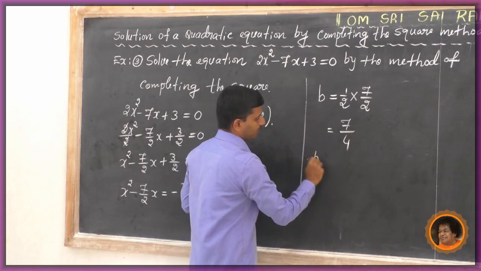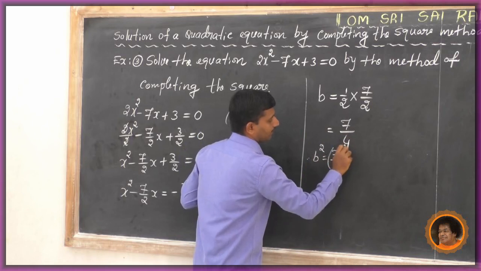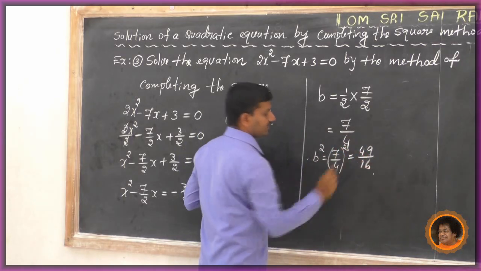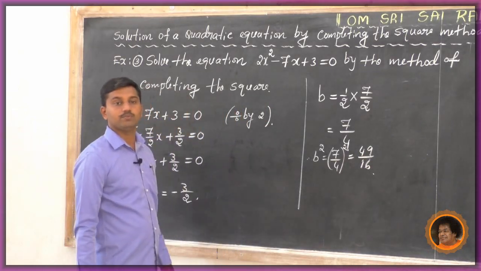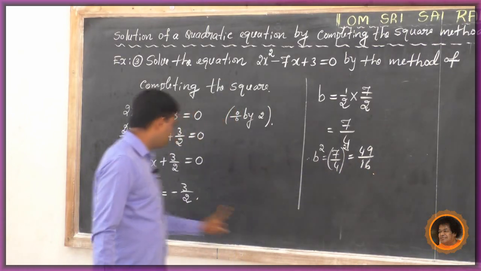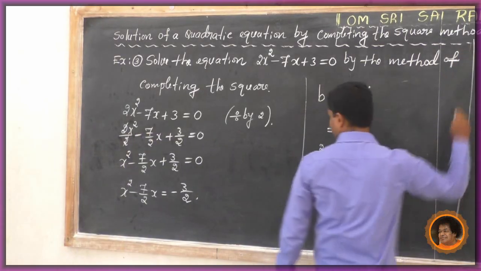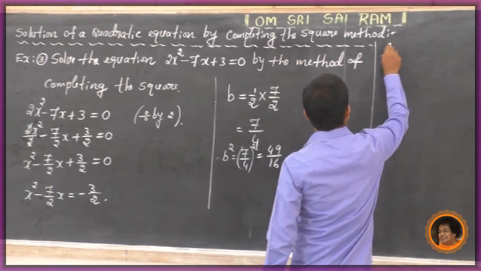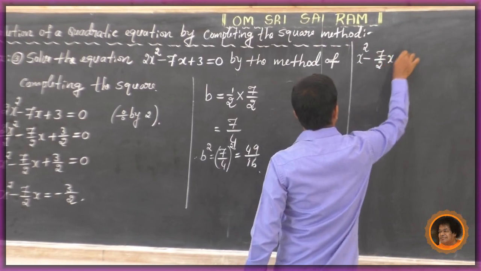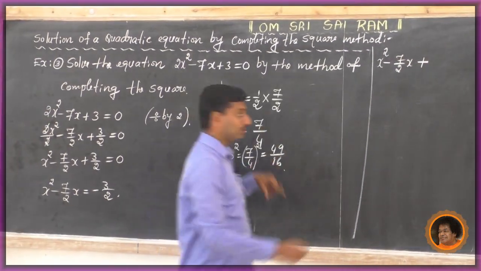Square it means therefore b square equal to (7 by 4) whole square. So equal to 7 square 49, 4 square 16. So this is the value of b square. Now add the value of b square to both the sides. So we get x square minus 7 by 2 into x plus, add the value of b square to both the sides,